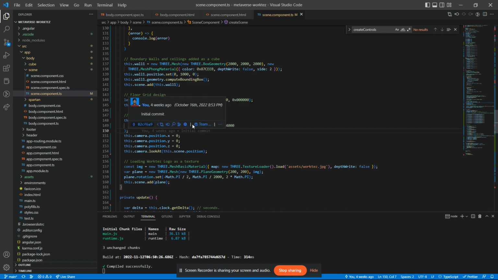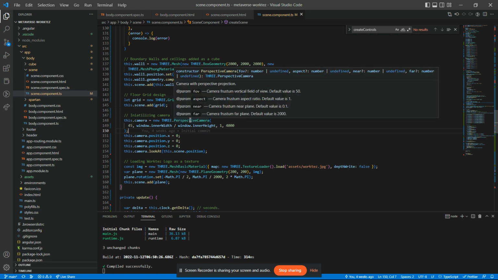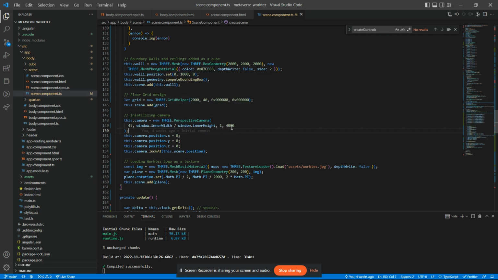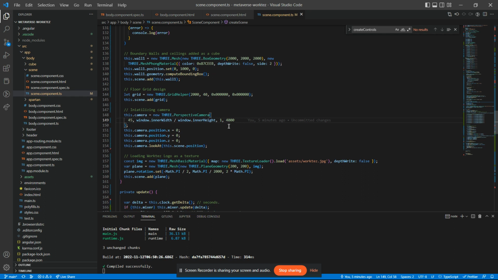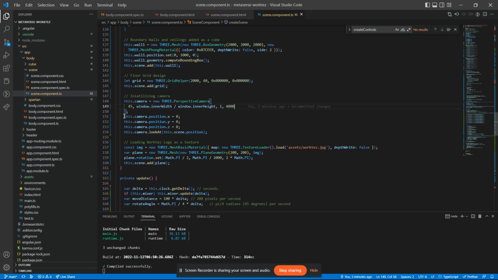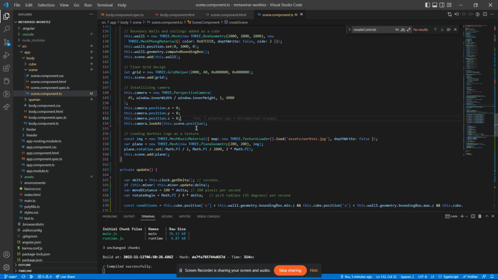And aspect ratio is the thing you have come across, like 16 is to 9. And near and far are similar to the far clipping and near clipping. So if an object is far away, beyond 4000 units, then it will not be rendered. It is to reduce the load on the loader. It's not useful if we load objects that are farther than 4000 units, which are not going to be visible. So we use that for it, and we are setting the initial position as 0, 0, 0,